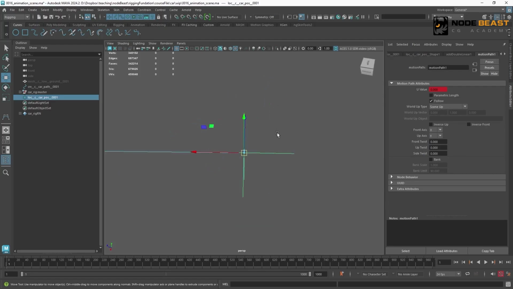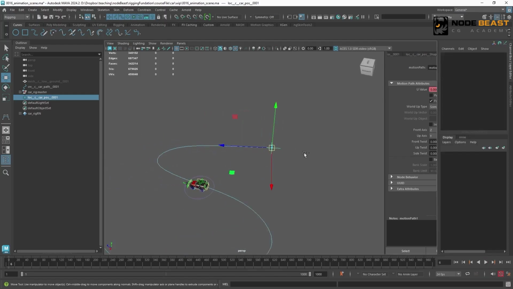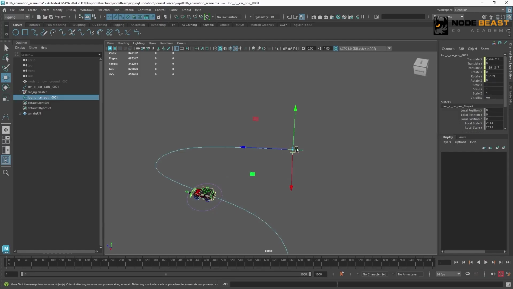Then we can look at its front axis. This is actually the aim vector mentioned in the aim constraint. Here, the default is x. We know the car faces forward along the z-axis. So to keep it consistent with our car's default direction, we need to change this to the z-axis. This way we have a locator with y up and z forward. When we turn corners, we'll see that too. After setting it up, we now need to start thinking about how to connect the car to this locator.